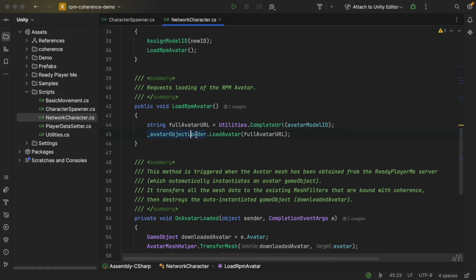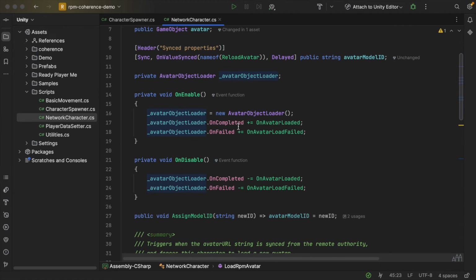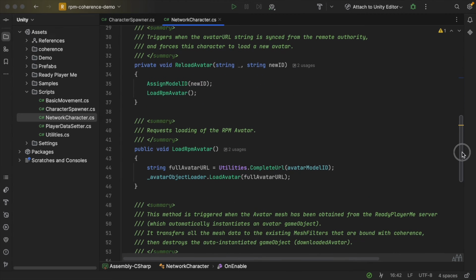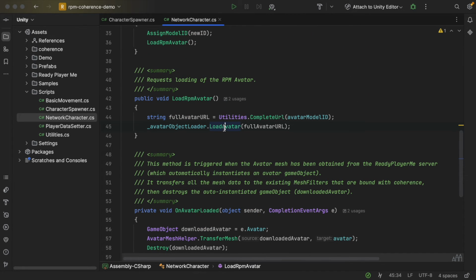And finally, it speaks with the Ready Player Me object. Avatar Object Loader is an object that is created here in Enable. It's provided by Ready Player Me SDK. Avatar Object Loader is the class. And we invoke a method called loadAvatar. This method, in turn, will trigger some events as a response, whether the avatar is loaded correctly or not.